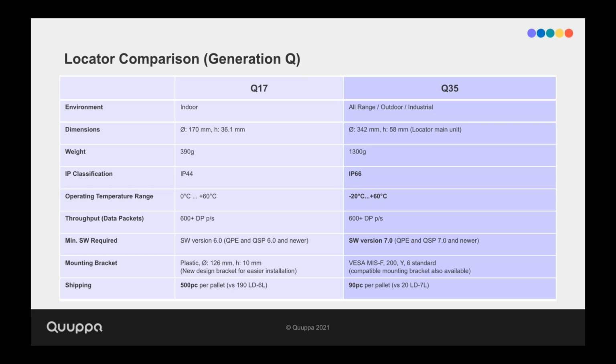One thing from maybe a more commercial side for those who are on the line is the shipping efficiency benefits. And obviously, we're trying to think about everything, not just the locator itself, but the packaging that it comes in. So compared to the previous generation locator, the LD7L, we only used to be able to fit 20 on a pallet, whereas due to the reduction in the size and the packaging itself, we can actually fit 90 per pallet now. So that's a considerable improvement in shipping efficiency, especially when ordering larger amounts of locators.